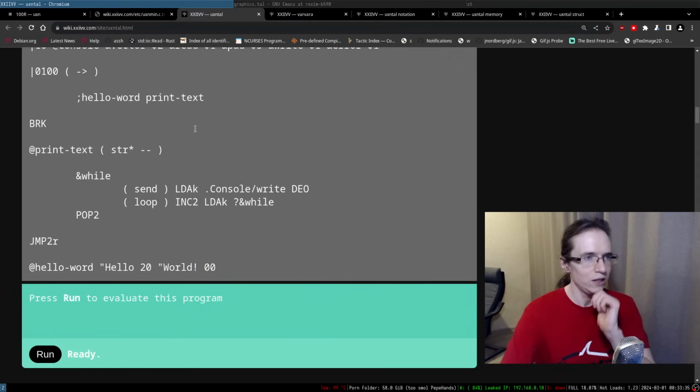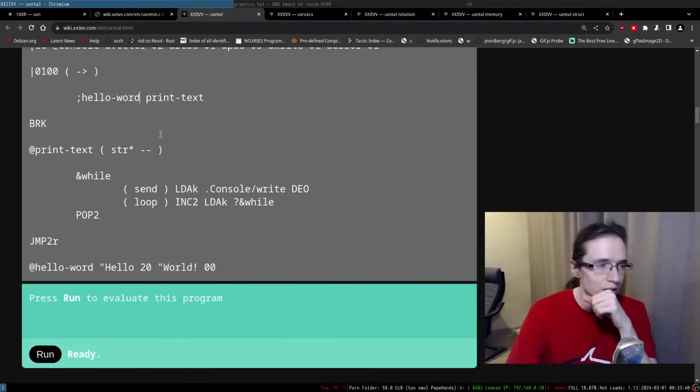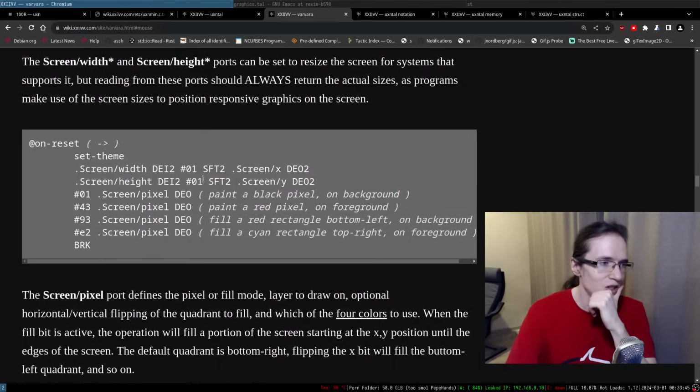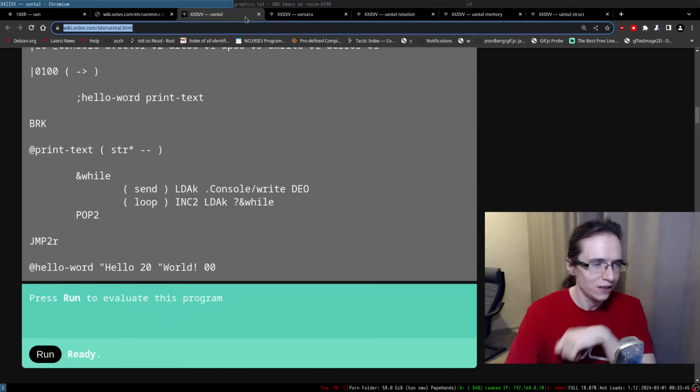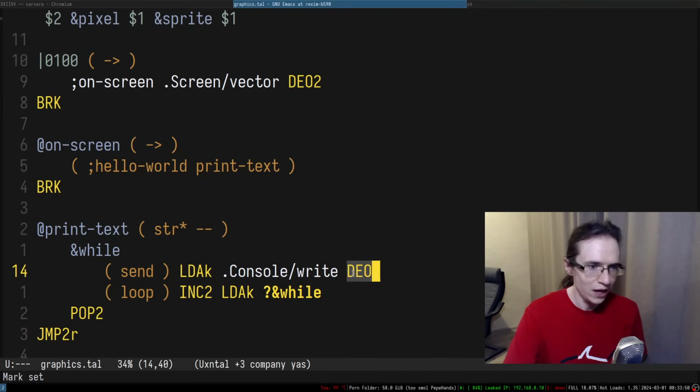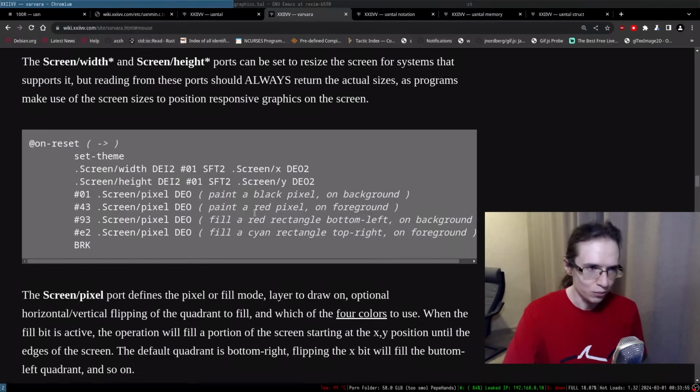Anyways, how can we set the screen? We can actually set the screen. This is the output, right? So this is the output. DEO is the output, but we have DEI2.